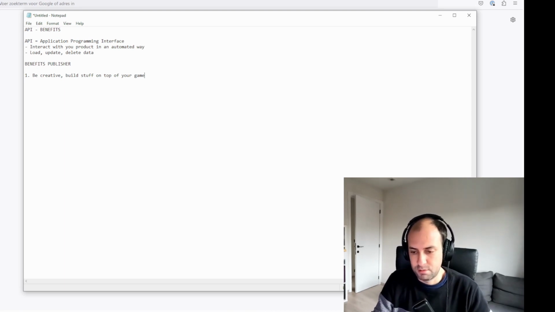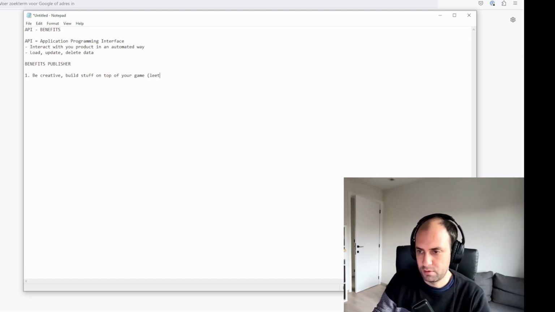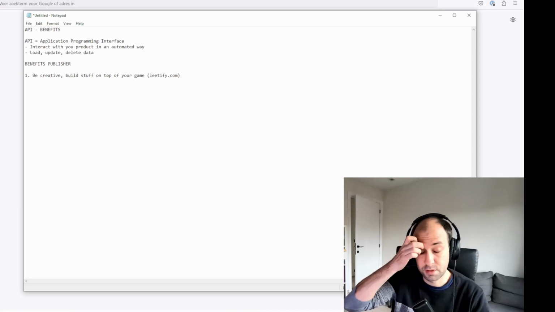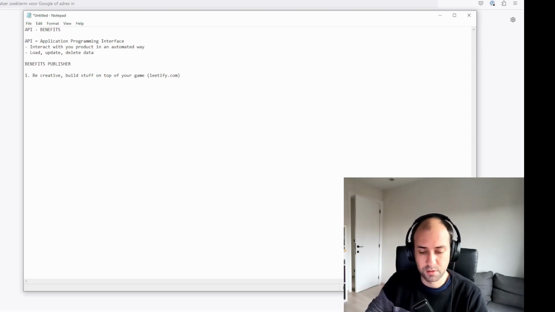That's very deep, of course. You can see how well your nades were thrown. It's called Leetify. So if you want to have a look, that's an example of a tool that was built for Counter-Strike.